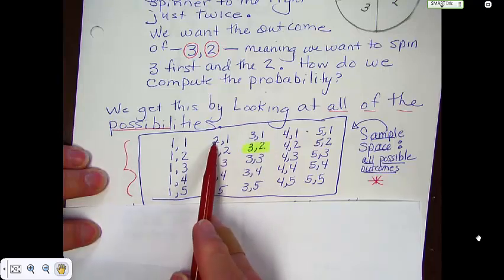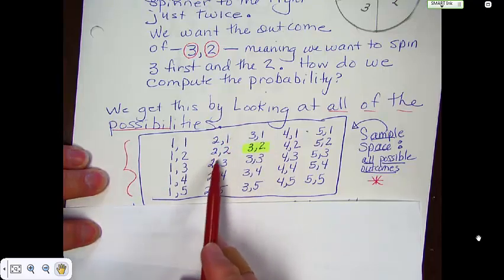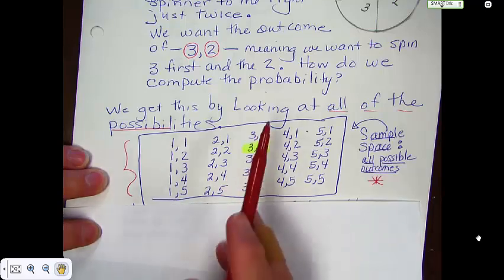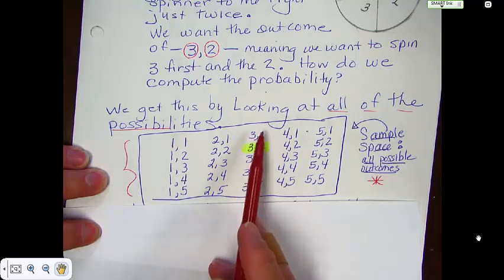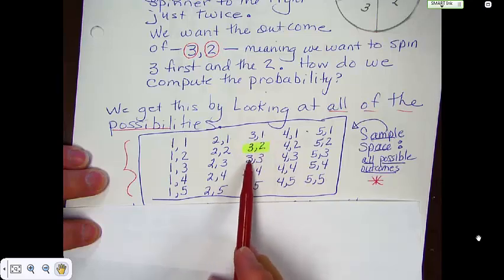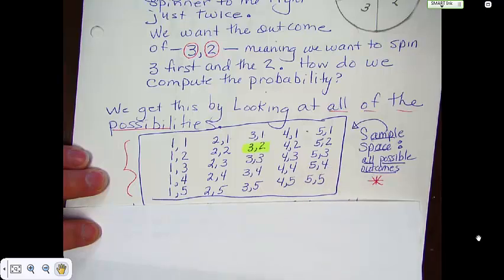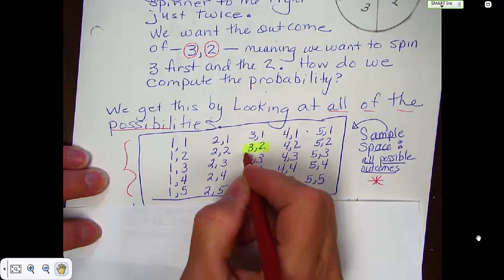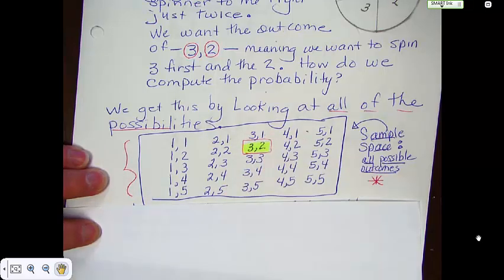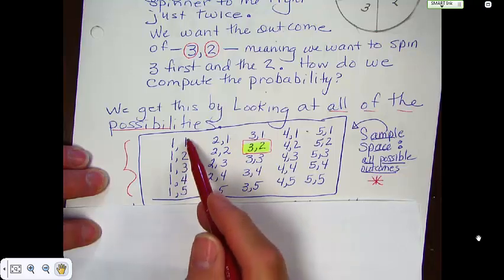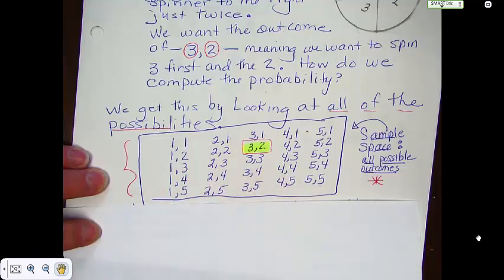You could get 2 on the first spin, 1 on the second, 2, 2, 2, 3, 2, 4, 2, 5. You could get 3 on the first spin, 1 on the second, 3 and 2, 3 and 3, 3 and 4, etc. We're only looking at one specific set right here. Okay, 3, 2. It only occurs once. So our top number is going to obviously be 1. But the bottom number is all of the possibilities. So 1, 2, 3, 4, 5 times 1, 2, 3, 4, 5. 1 out of